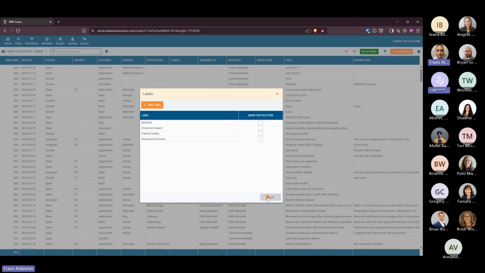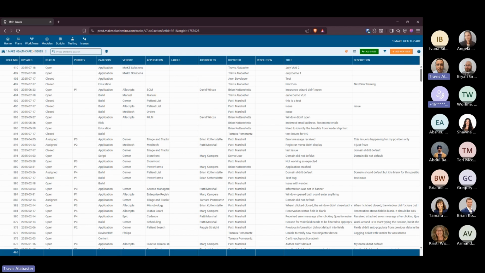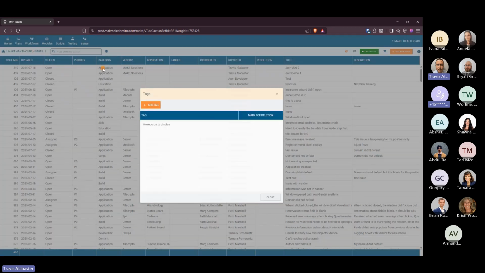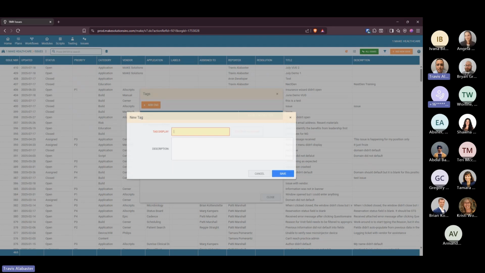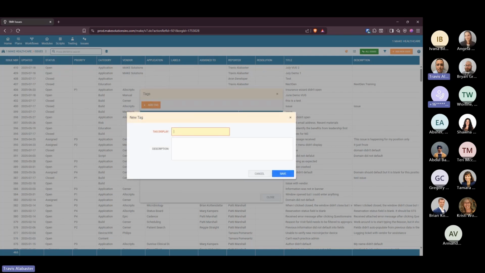In terms of tags, as I mentioned, tags are user specific. So if I create a tag, nobody else is going to see it. And the way you create tags is the same as labels. On your issue dashboard page, you click tags, and we can then create our own tag here. And then we will do waiting on input. And we will also do